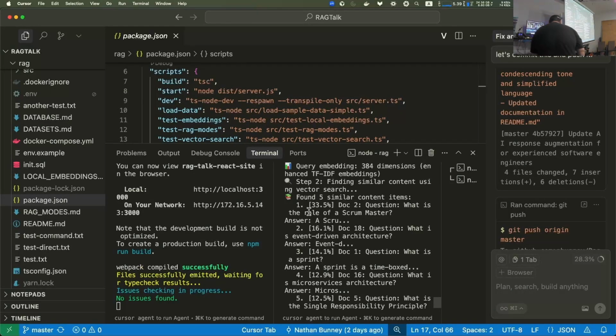And it looks like the scores on them weren't that high, but I don't know. 33.5 was the highest. It's interesting, Doc 4, what is microservice architecture, is one of the most relevant pieces of documentation to our query, how important is a Scrum Master? That's pretty close, even at a 33.5. So maybe a different embedding would have gotten us the closest number, because that's a pretty close search compared to what our request was. Or a broader knowledge base.